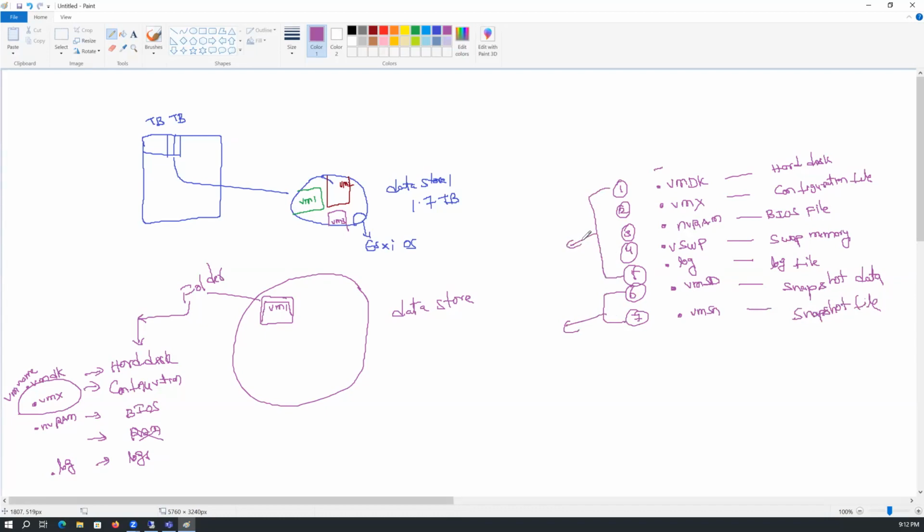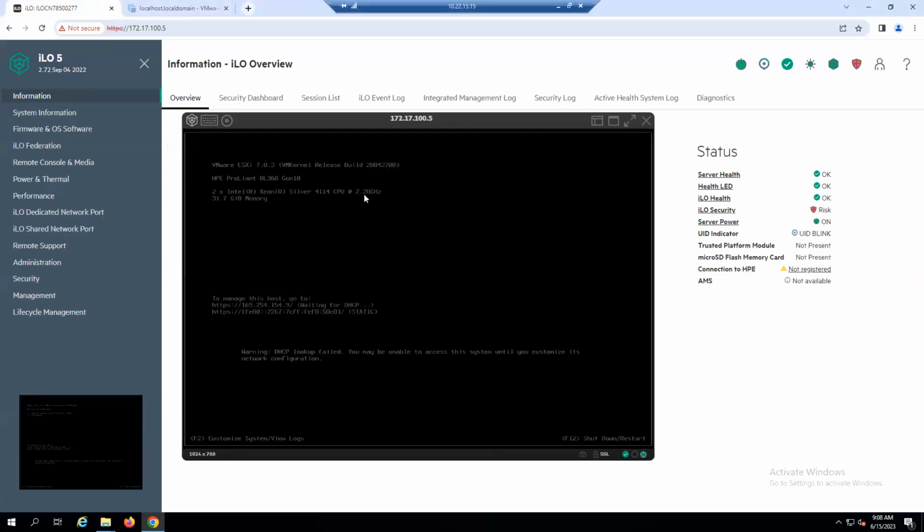So total 7 files will get generated. In the VMX we have multiple files, in the VMDK we have multiple files, and in the VMSN we will have multiple files based on our configuration, but the file extension is same and the purpose is same. These are the 7 important VM files. If you open every VM,